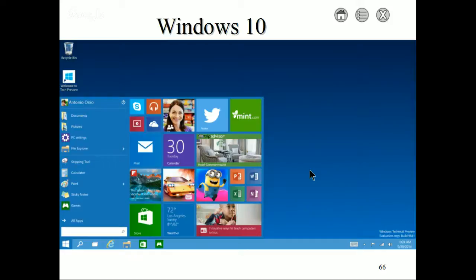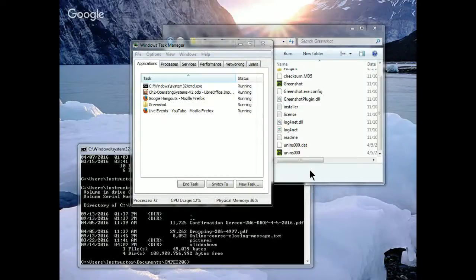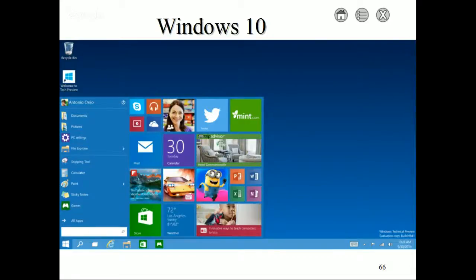Well, that's kind of a tour of the operating system overview. What we use every day, what we interact with when we are working with the computer. Now, there are other operating systems too, not just Windows. Right? We have the Windows world, but then there's